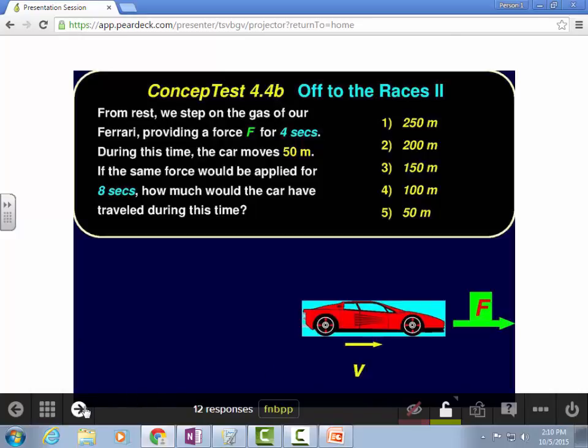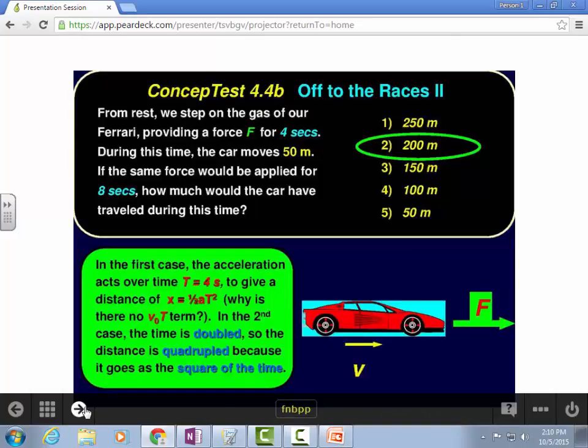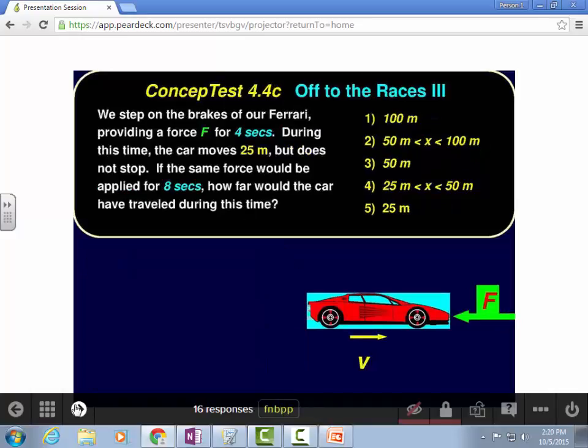So there you have it. Why is there no V0T term? Because